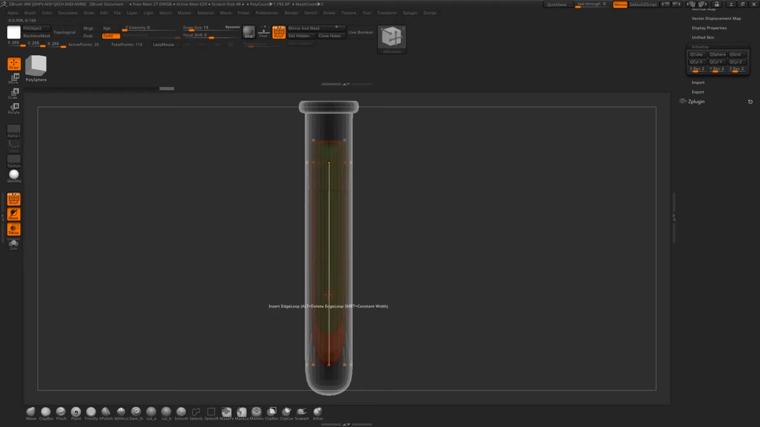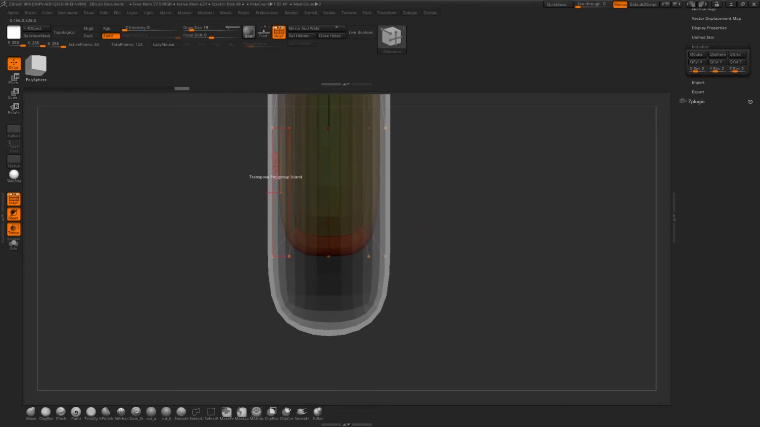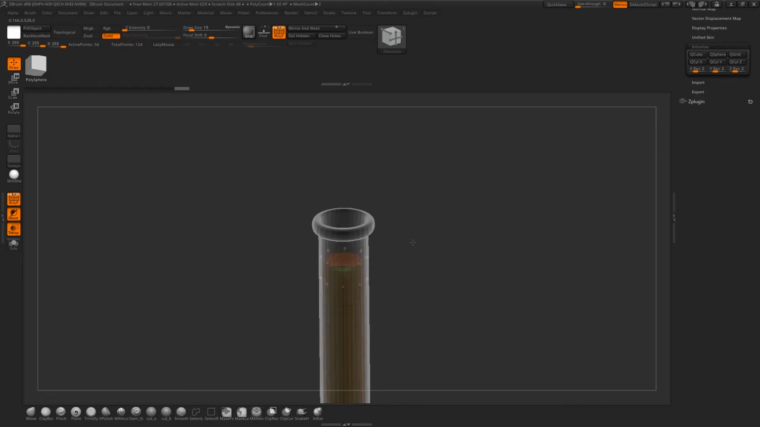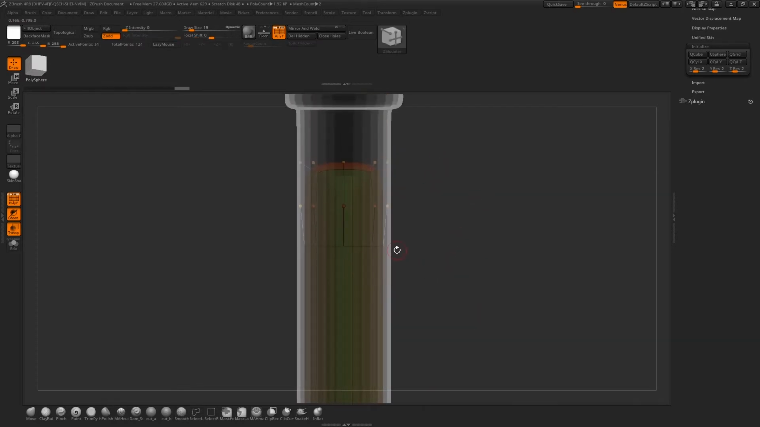So I'm going to add another edge loop in there. When we're in Maya, we're going to want to make sure that this potion liquid is actually intersecting the inside edge of the glass, just so we can get a bit better looking refraction. All right, and then we will insert an edge loop here,